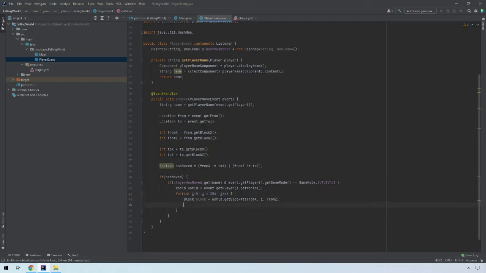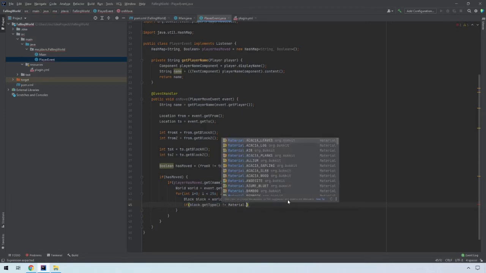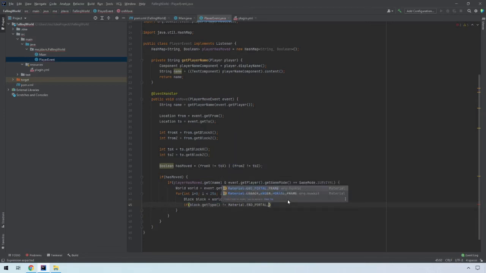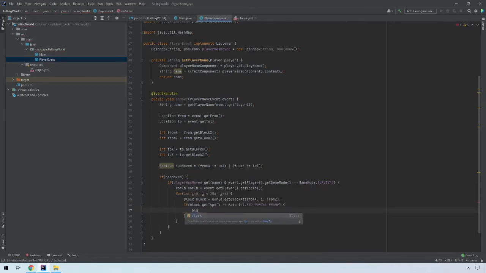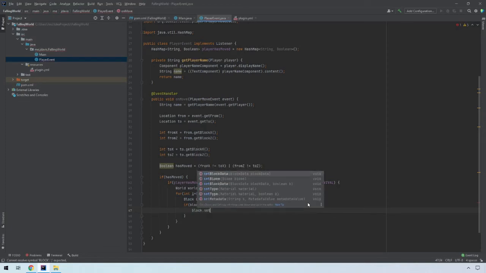And we just want to set that block to where, so if block get type equals end portal frame, then block dot, oh whoops, I'm just in caps lock, block dot set type